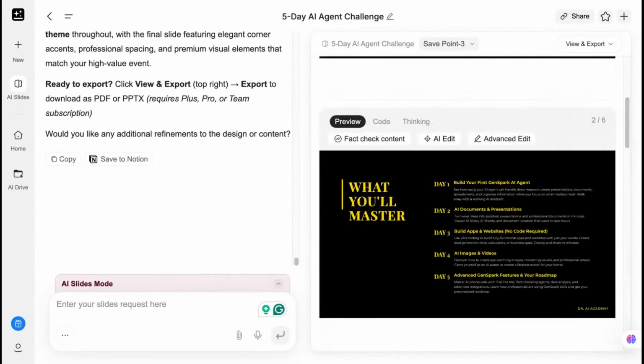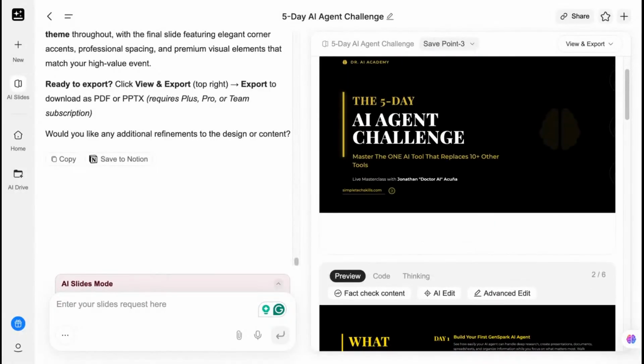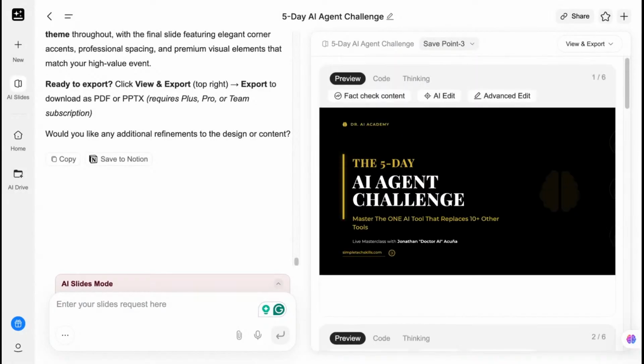So it's creating all the slides, which is super nice. That's why I'm really stressing the importance of making sure that you shouldn't be creating presentations from scratch anymore. It's like the worst way. Same thing with websites. Websites are completely obsolete as far as learning as a skill set, because you could now vibe code an entire